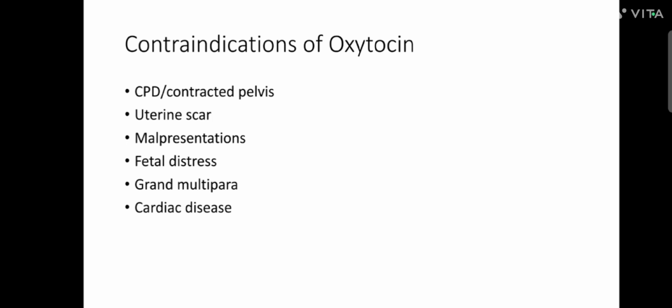But now we'll learn what the contraindications of oxytocin are. Whenever we find that the pelvis is not adequate, you don't have to stimulate the uterus for the baby to be pushed downwards. So in cases of a contracted pelvis, you don't have to give oxytocin. And if it is a previously scarred uterus, when you're trying for a VBAC,